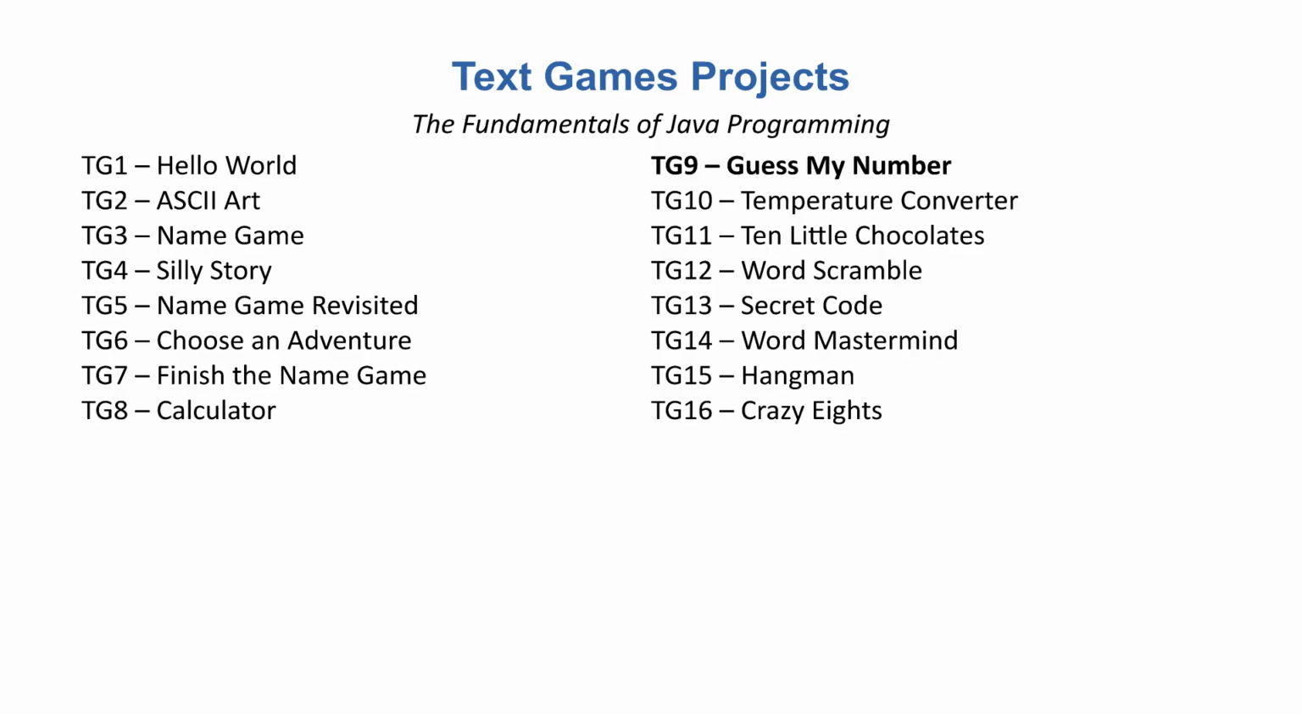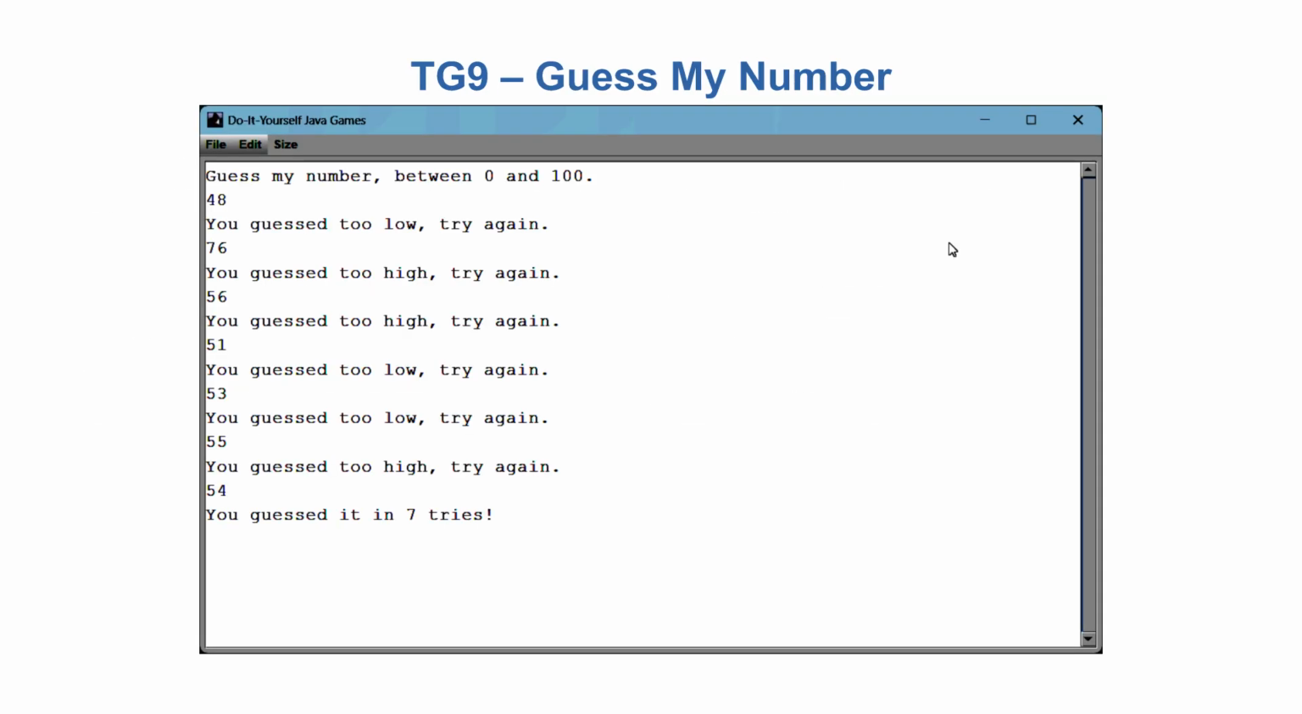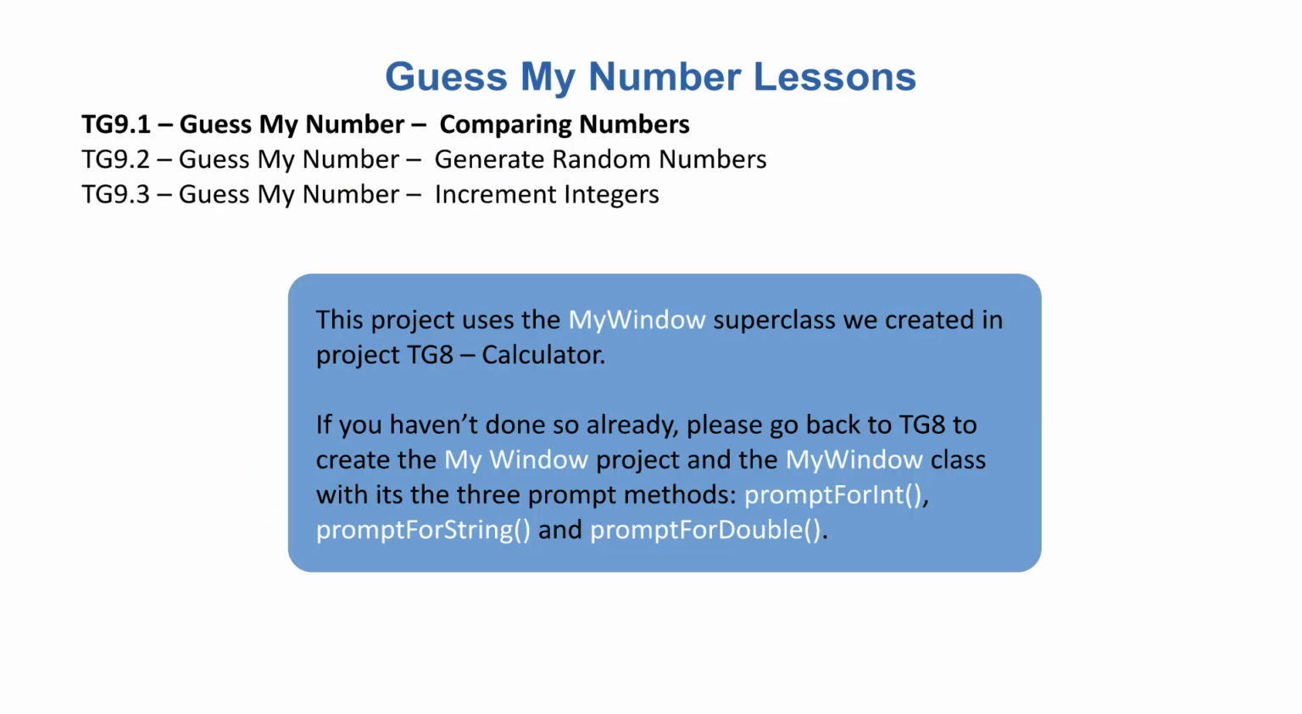We're currently working on the 9th project, TG9, Guess My Number. In this project, we'll create a game to guess a randomly selected number like this. This is lesson TG9.1, where you'll learn how to compare numbers. This project uses the MyWindow superclass created in project TG8 Calculator. If you haven't done so already, please go back to TG8 to create the MyWindow project and MyWindow class with